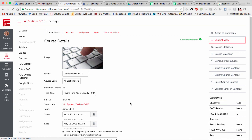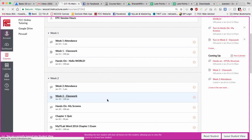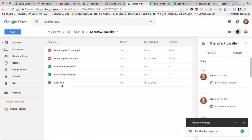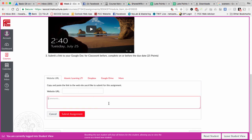I'm going to move to the student view, and let's say it was that week 2 classwork that they missed. In the submission, by now you know, submit the assignment, that's where the URL for your classwork doc would go. You grab that classwork URL and place it there. But in the comments, you could paste in and make a comment: here is my late points returned. Now you're submitting work late, and at the same time you're telling me,